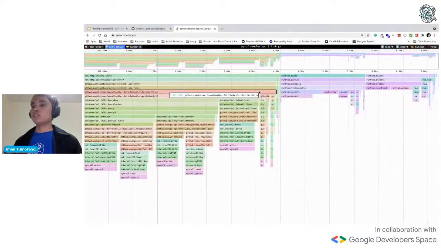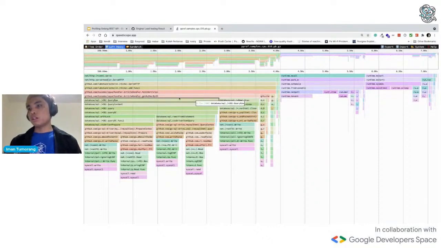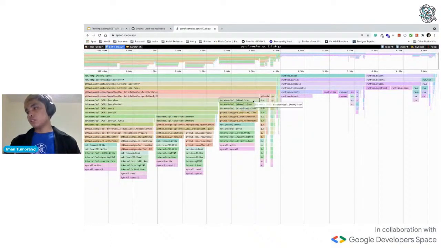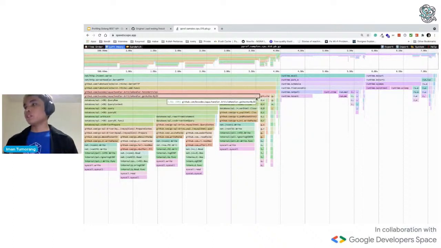So from there we know that this function takes so long to execute. It takes like 4 seconds based on the profiling result. And from the 4 seconds, the get author body takes like 3.50 seconds. That's quite a lot.